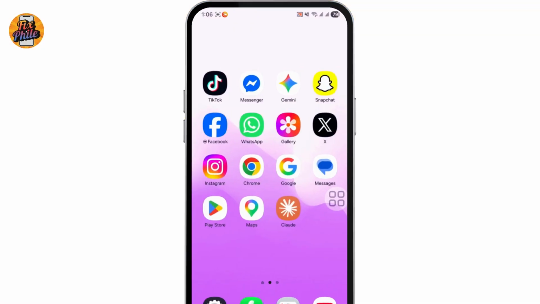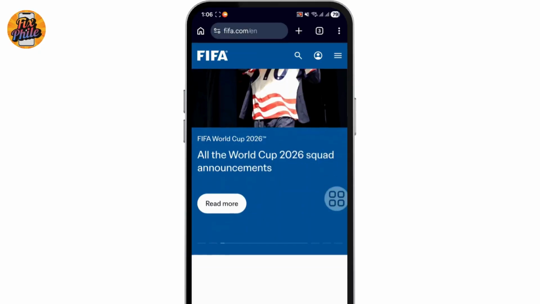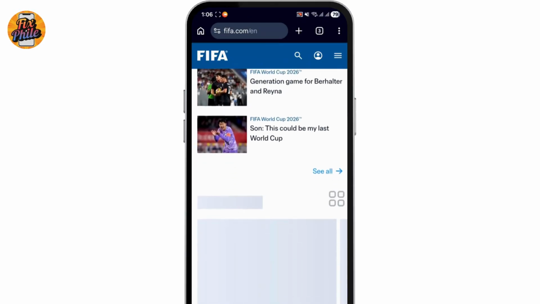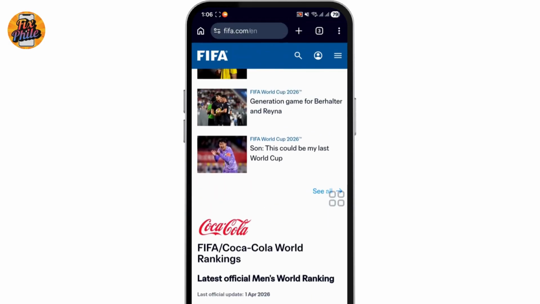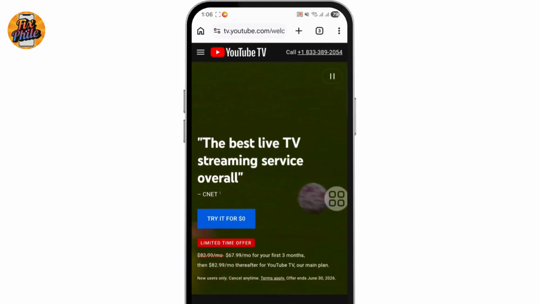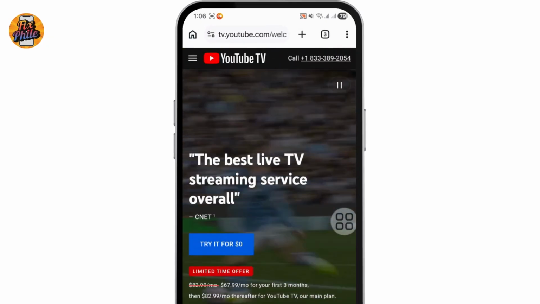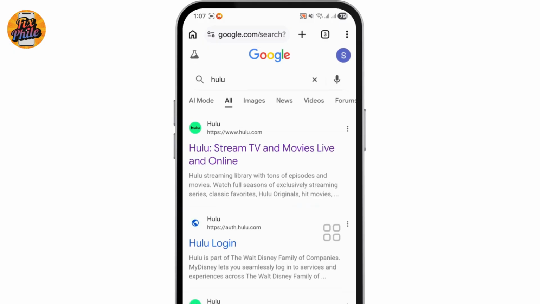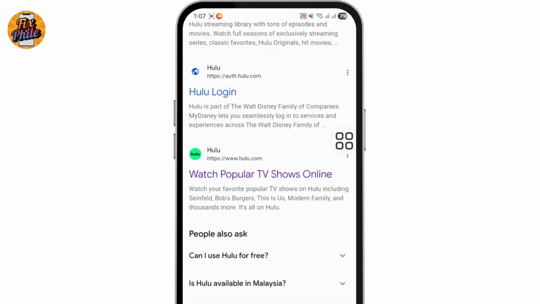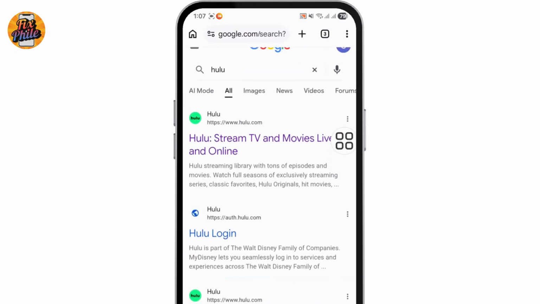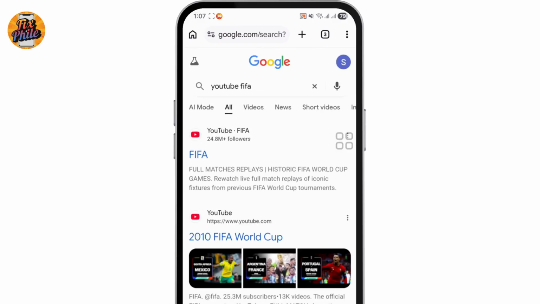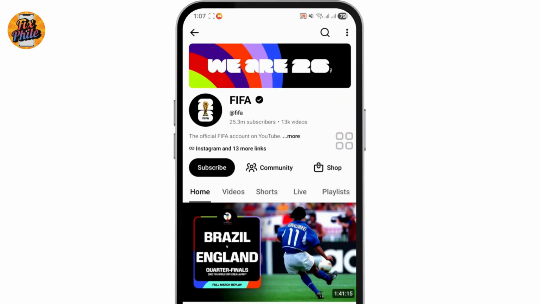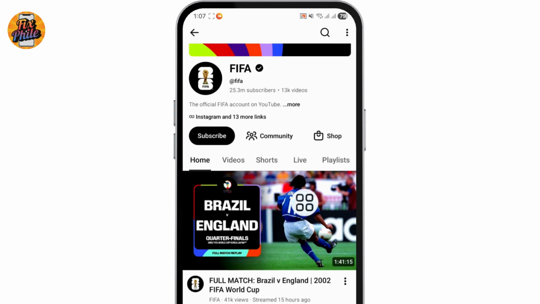If you want to watch the FIFA World Cup 2026 live without cable, there are several streaming options available. One of the easiest ways is through live TV streaming services like YouTube TV, which often includes official sports broadcasters showing World Cup matches. Services like Hulu with live TV may also carry channels broadcasting the games, depending on your region. If you're looking for free options, you can check the official FIFA YouTube channel for highlights, clips, and occasional